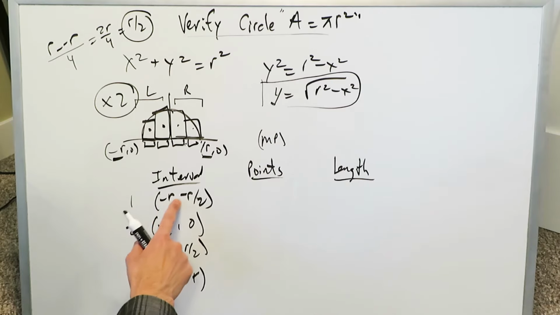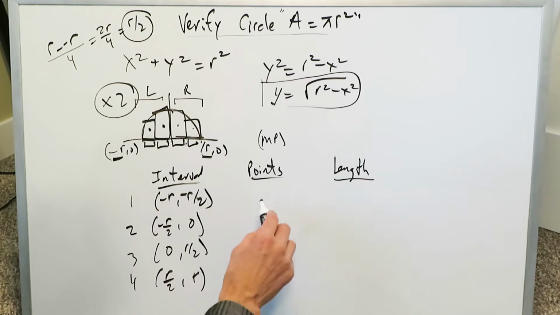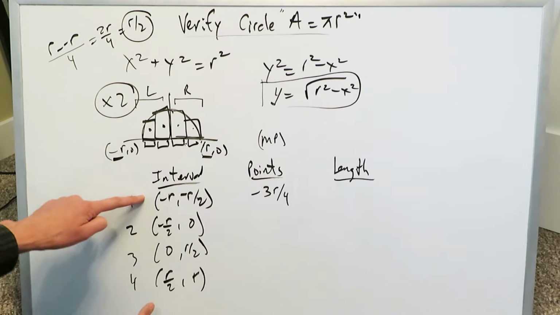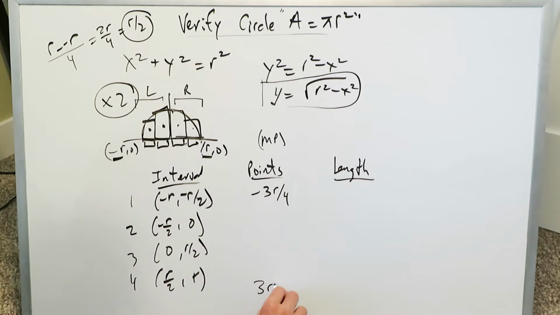Generally, when you're doing these, you want to use the midpoints of your interval. If I do minus 1 and minus 1 over 2, or minus r and minus r over 2, what's the midpoint? That's like doing minus 1 and minus half, you get minus 3/4. So it'd be minus 3r over 4. But exactly, it's an even function, everything mirrors. If this is minus 3r over 4, this would be 3r over 4, because everything is mirrored right and left,